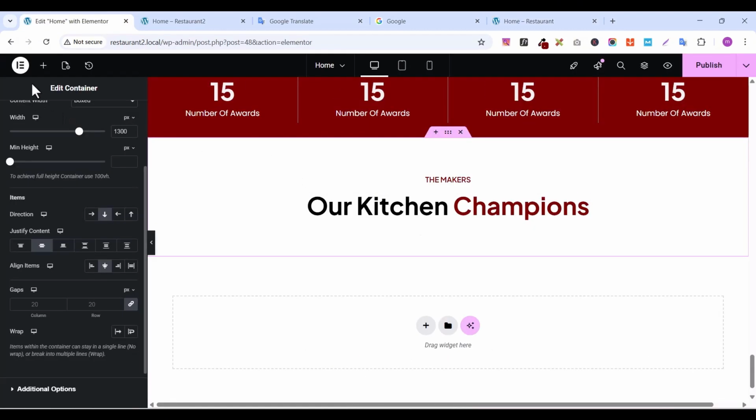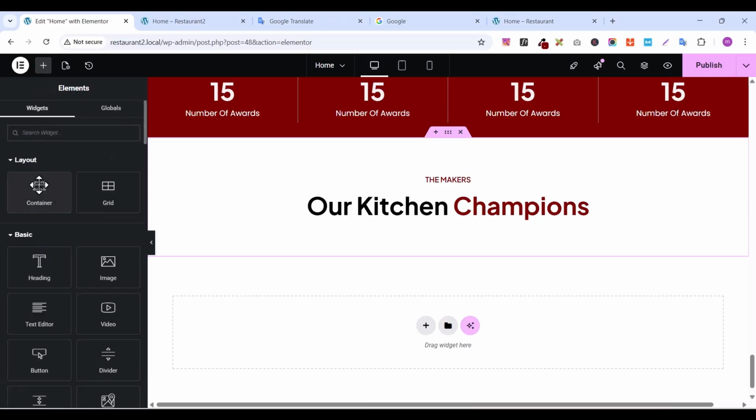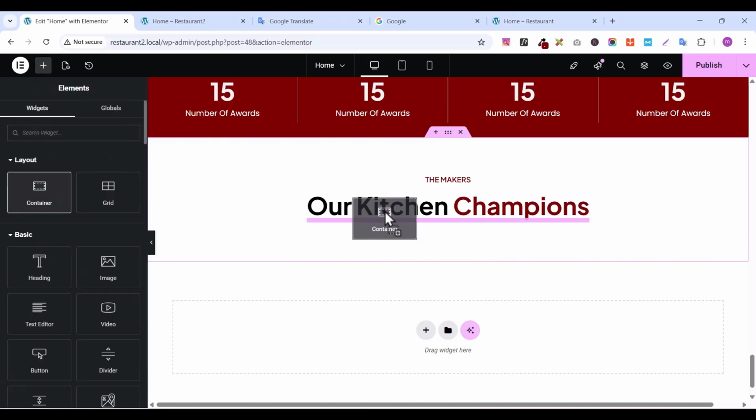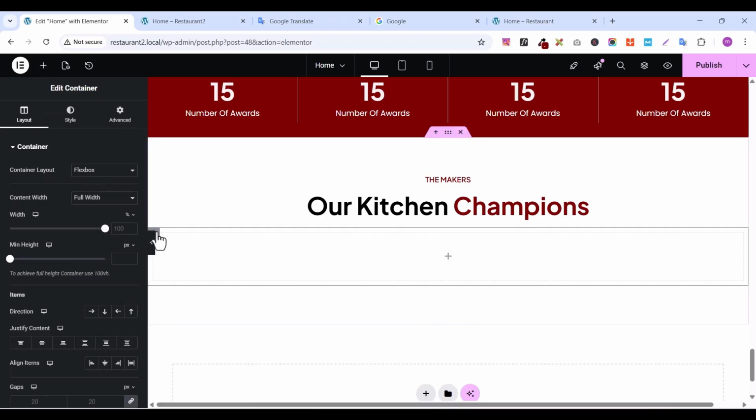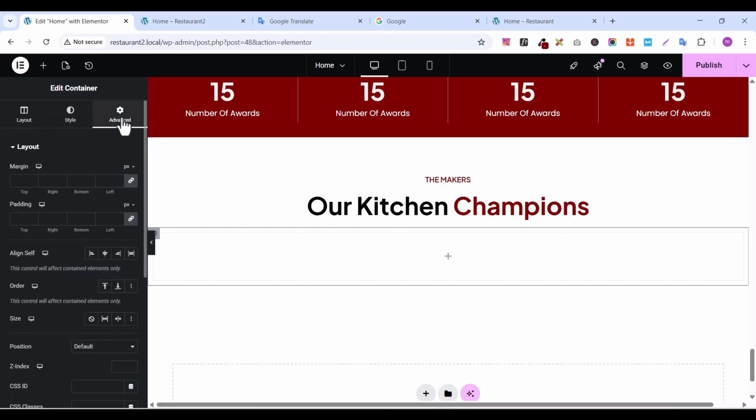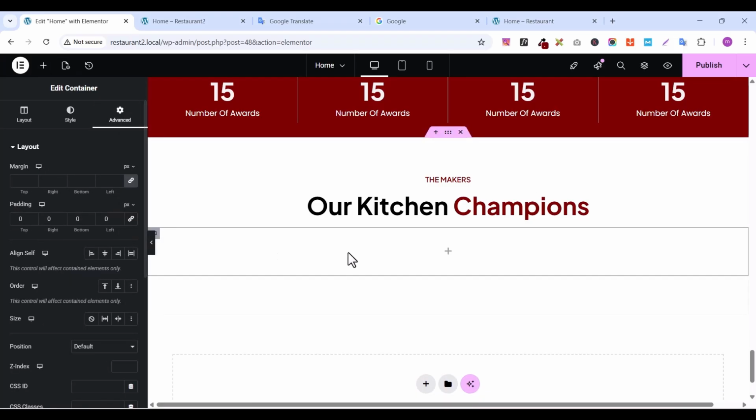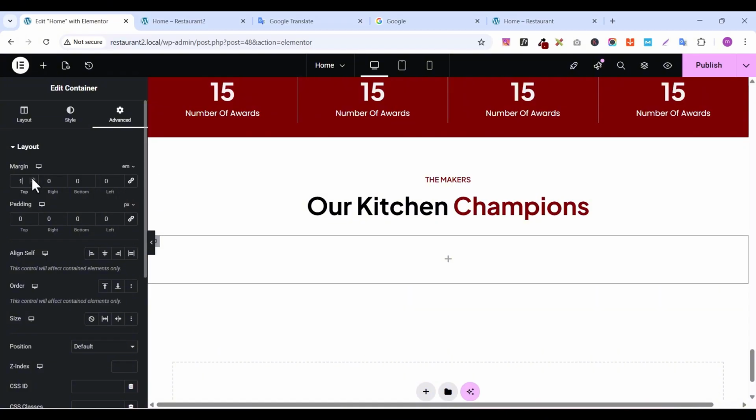So let's add a container inside this by going to our element panel and drag this container here below. Select the container, go to advanced, remove the padding, and we can give it some margin. So let's change the unit of this margin and check it. All right, so let's give it a little bit of margin, publish it, and add another element inside that container